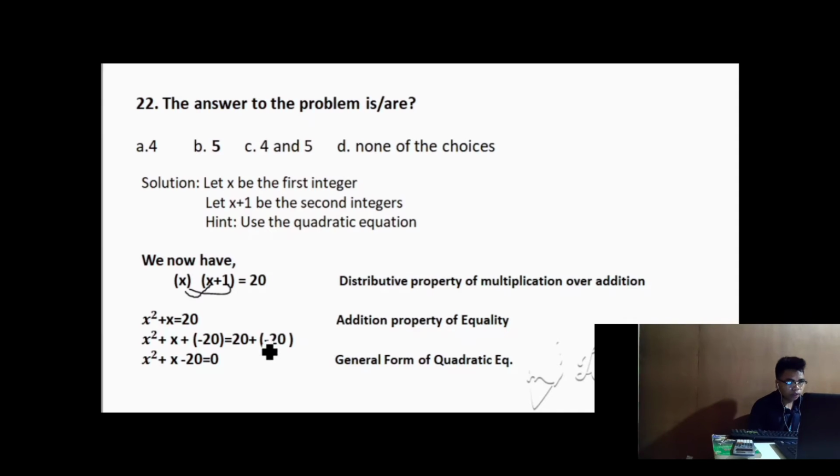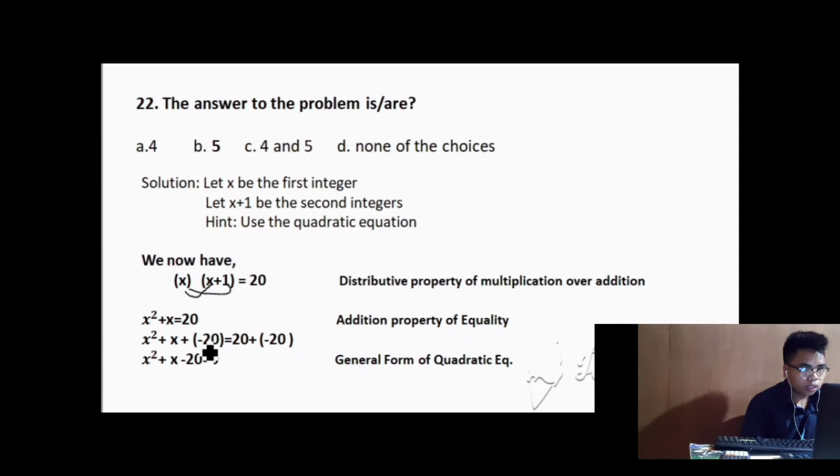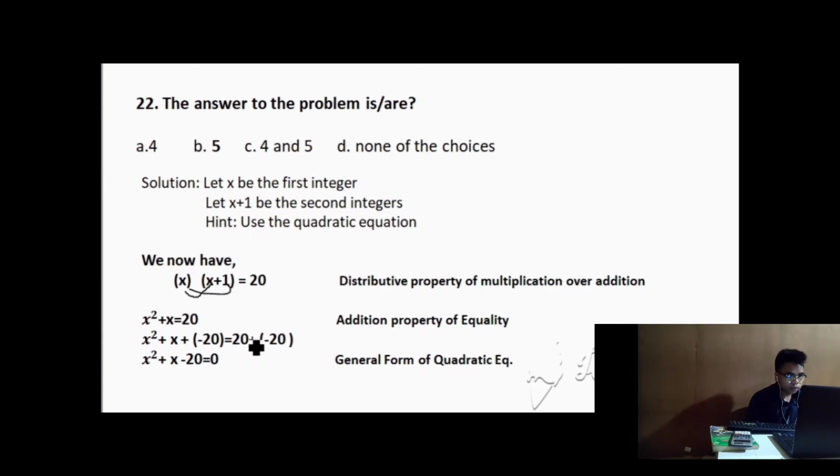As you can see here, 20 plus negative 20, the same thing here. So negative 20, addition, we add negative 20 on both sides. So we now have x squared plus x minus 20 is equal to 0. Since as you can see, this is the general form of quadratic equation,